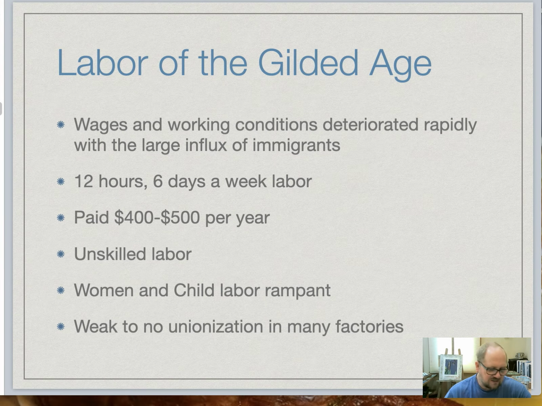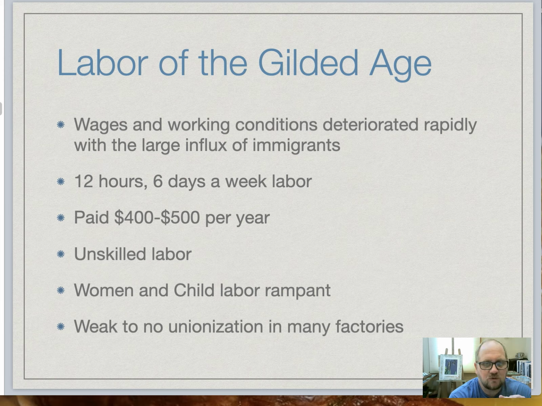And so obviously, as more and more people flooded into America from basically the Civil War to 1900, we see that the labor conditions get worse and worse because there's a labor surplus. Basically, there was 12 hours a day at the very start, 6 days a week. Again, eventually they'll be cut down to 10 hours, but very hard labor, paid very little per year, very little attention paid to safety